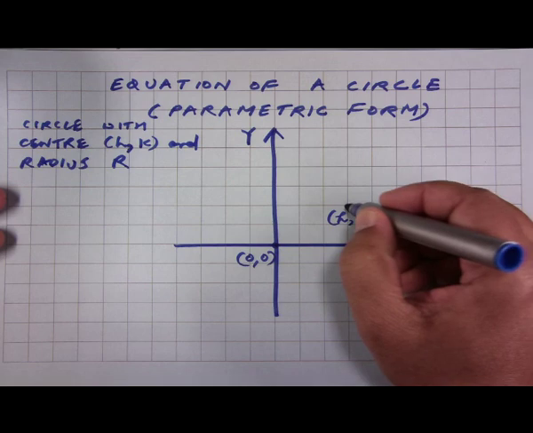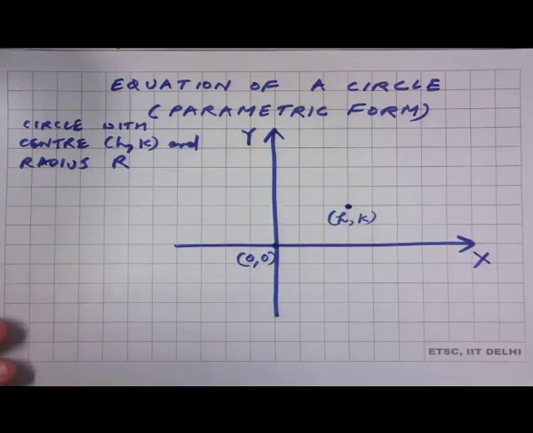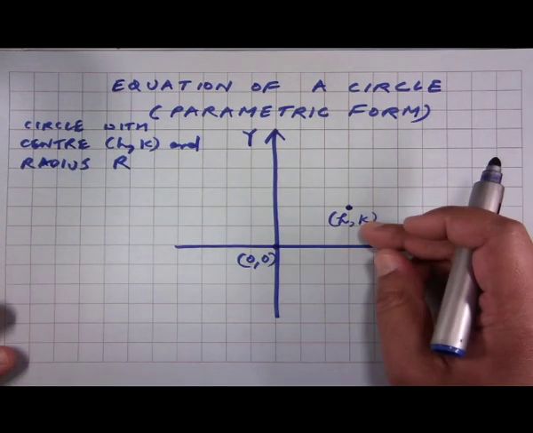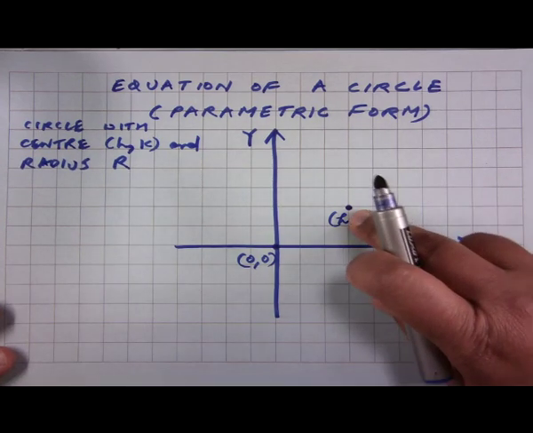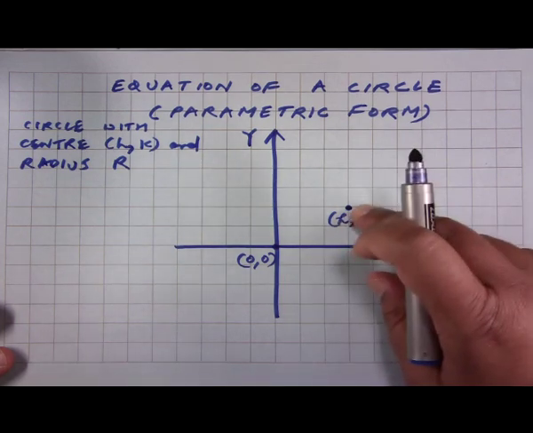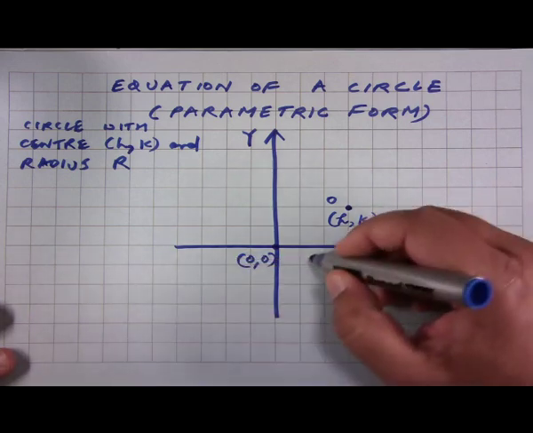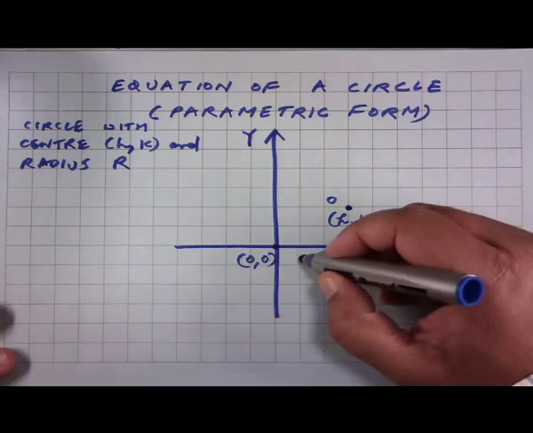Now, we need to go back to that construction of all the points on a circle based on drawing any straight line passing through the center. Now, if we draw a straight line, let us say this line here,